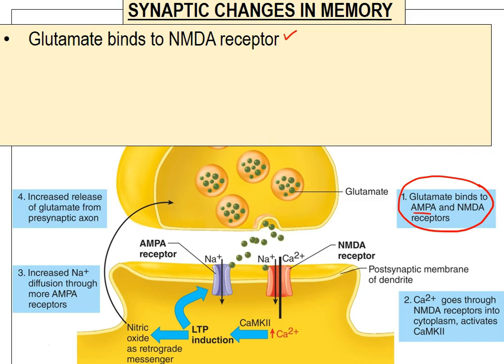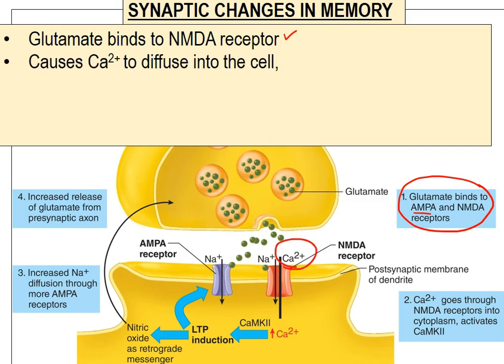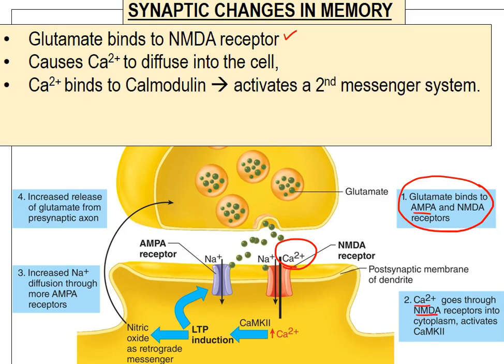The binding to the NMDA receptor causes calcium to diffuse into the cell. Calcium goes through the NMDA receptor, which is a channel, and calcium binds to a protein called calmodulin, which then activates a second messenger system. In this case, calmodulin-dependent protein kinase